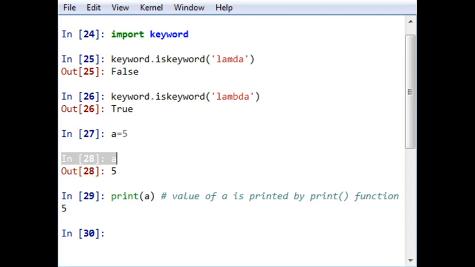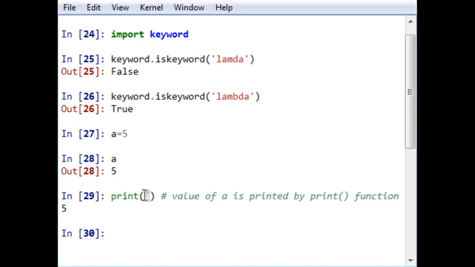And it can also be printed using the print function, where the name of the variable is taken as an input. Just to make it clear, here we have not used single or double inverted commas, which indicates it is not a string but a variable. There are no quotes before and after a.